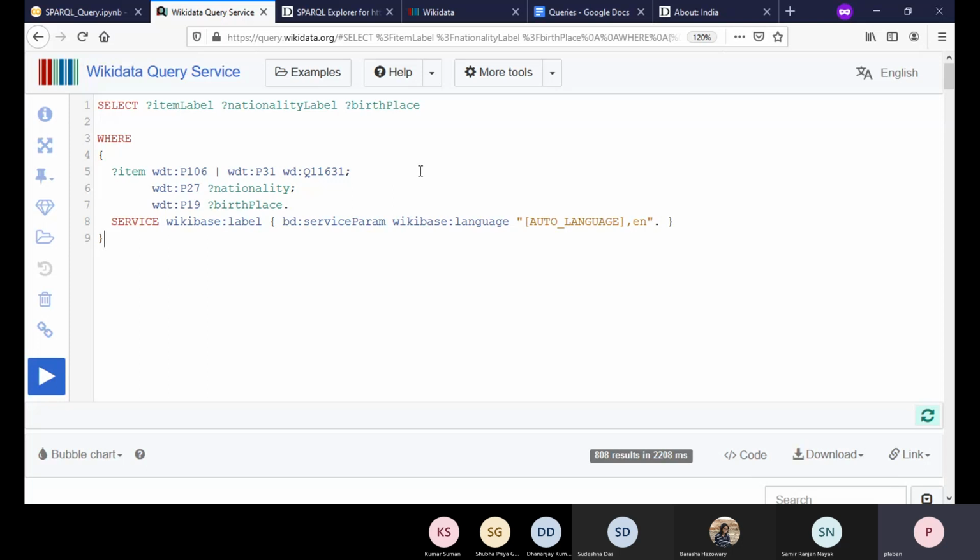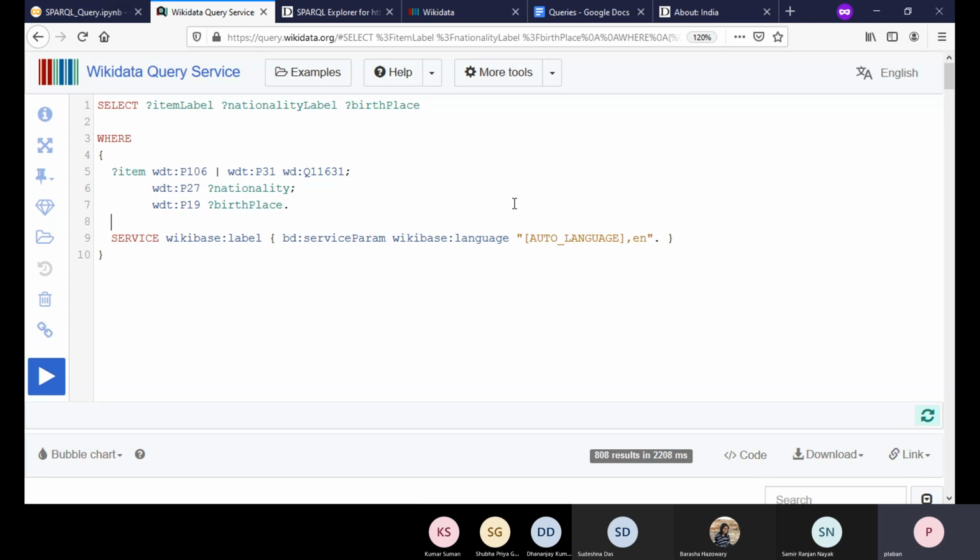I need to check how to get it. Yeah, in order to put on the map functionality, if we keep it like this, label, not a problem. You need to know the coordinates of these places, so for the birthplace we need to find out the coordinate.